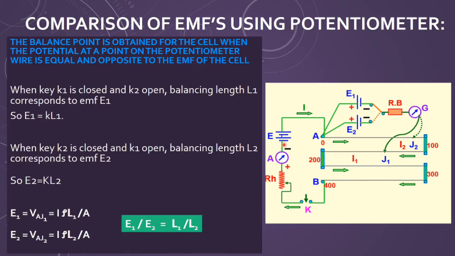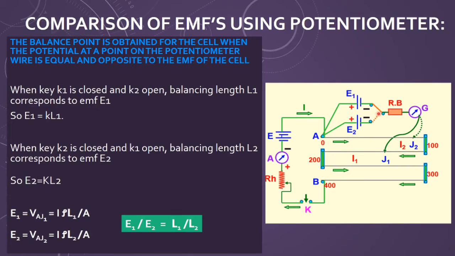And of course with the driver cell, this is the basic circuit with me. With the driver cell I connect the ammeter to know the current. I connect the rheostat to vary the resistance and hence to vary the current. Of course a one-way key, and then it goes to the second terminal, which is the B terminal of the potentiometer. And in the secondary circuit I have these two cells. The negatives of these two cells are connected to the outer sides of the two-way key. The two-way key is a 3-terminal device: 2 terminals are at the ends and 1 terminal is in the center.